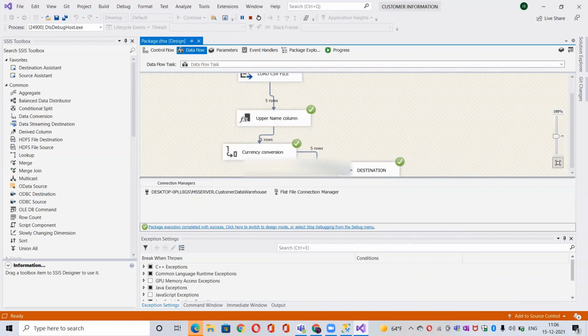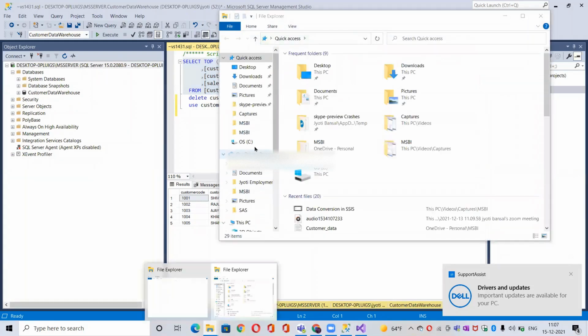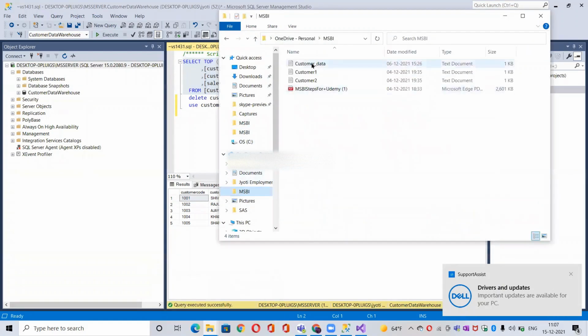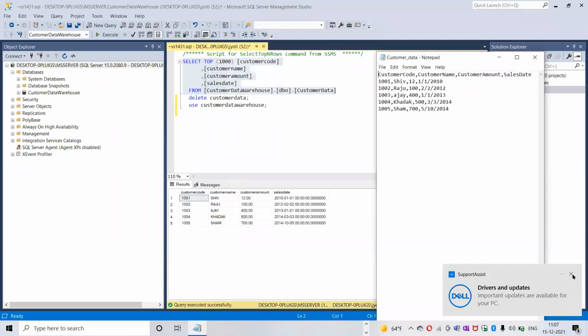So let me go to the SQL server. Let me check how many rows have been entered here. So these are the rows which have been entered here. So what I am doing, let me open my customer data here first. Okay, so this is the customer data which we have entered in this SQL server. So for example, say we need to do a conditional split, so let me copy all these